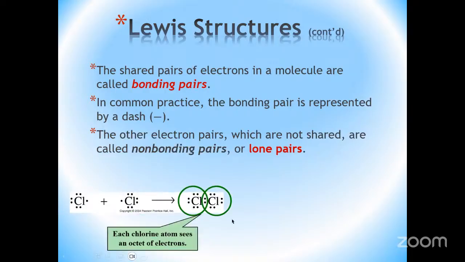So to give you a simple example, this is a chlorine molecule. As you can see, before bonding each chlorine atom has 7 electrons. But when they come together, these two chlorine atoms will share electrons, so now each chlorine will have 8 electrons in its outer shell. The bonding electrons are those shared between the two chlorine atoms, and the non-bonding electrons are those that are not shared, as you can see here. Chlorine on this side has 6 non-bonding electrons, this one has 6 non-bonding electrons, but they both share a bonding pair